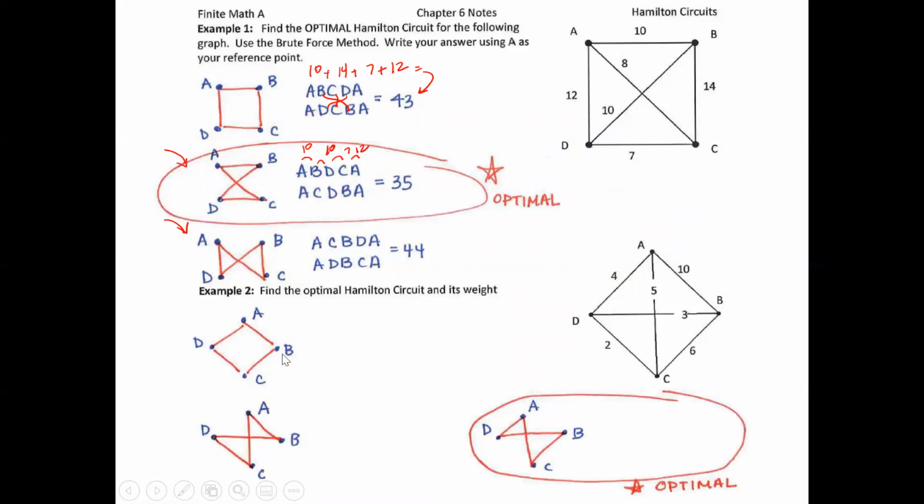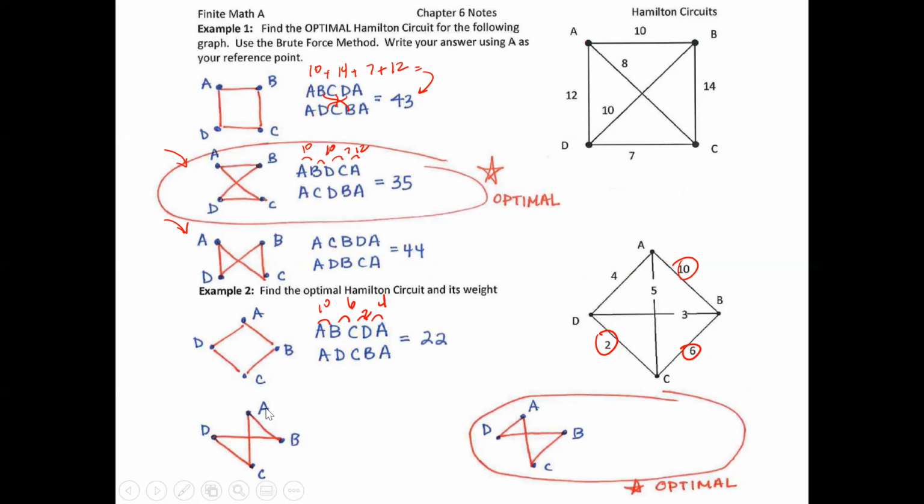Now I have 1, 2, and 3. Go ahead and list the optimal circuit and then provide me with the weight. For the first one, you could do ABCDA, or ADCBA, which is the reverse. If you look at the cost over here, AB is 10, BC is 6, CD is 2, and then DA is 4,